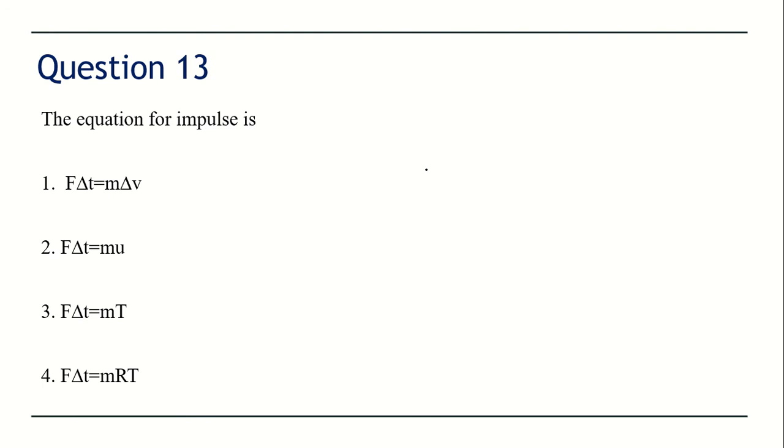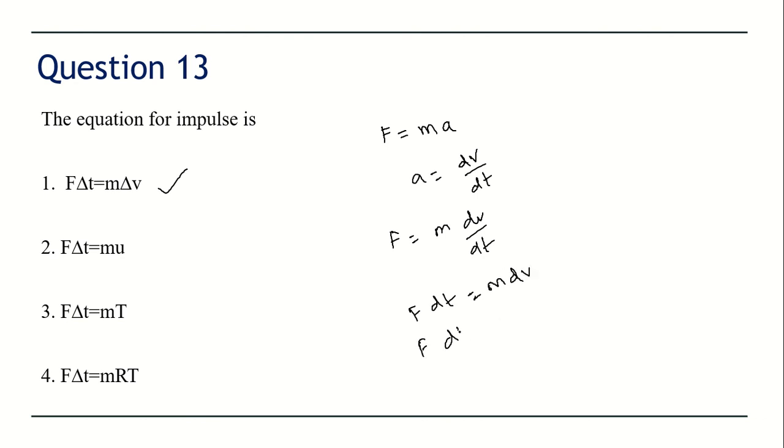And impulse is given by the first formula, which is F dt equal to m dv. We have the formula F equal to m into a, Newton's second law of motion, but acceleration is the rate of change of velocity. So I can write F as m into dv by dt. From here, F dt equals m dv, when mass is constant. So I can write F dt as d of mv, and m into v is your momentum. So this is impulse. This equation is called the impulse momentum equation.